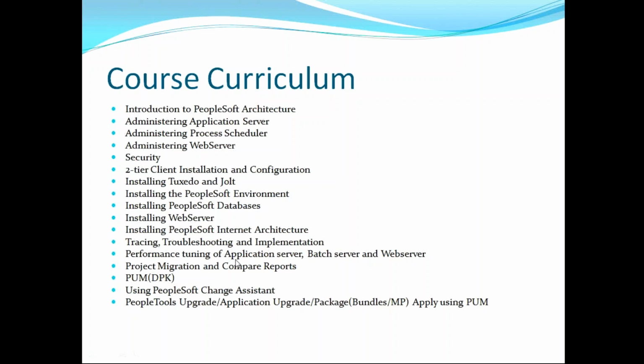Performance tuning of the application server, batch server, and web server, I already covered in this part of PeopleSoft architecture. There are some known values that can be changed in the app server, web server, or batch server. Again, based on the issues, we may need to tune the application. First, we need to identify whether the performance issue is from the database part, application server part, or web server part. Based on that, or based on the errors and supporting documents available with our system, we can arrive at a decision to tune the system, right? That is purely based on the logs or the information that we are getting from the system.